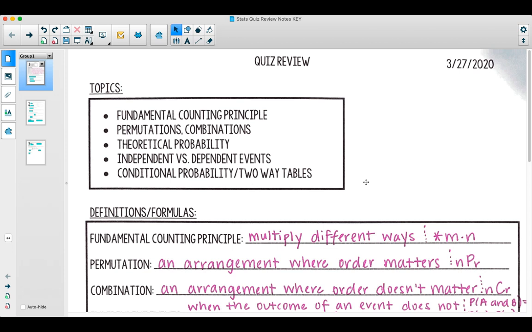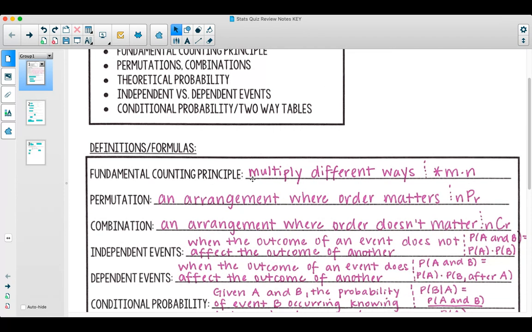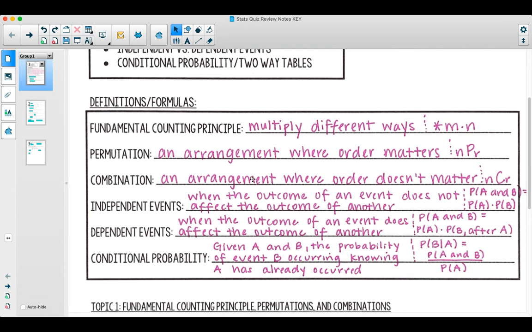Okay, so what we're going to look at is a review sheet for the quiz on Tuesday on the fundamental counting principle, permutations, combinations, the theoretical probability, which is mainly just independent versus dependent, and then our conditional probability. I'm really just going to be focusing on the two-way tables. So the first thing I wanted to do was just start with a few definitions or formulas